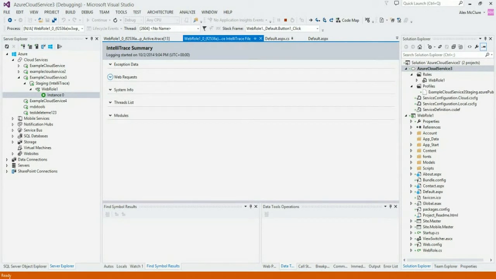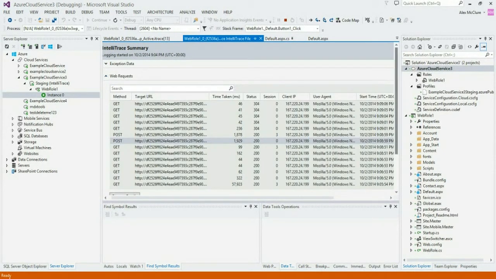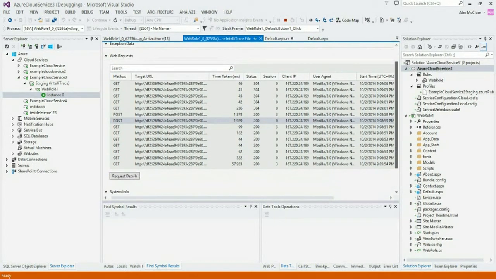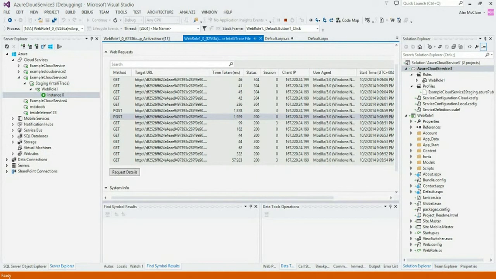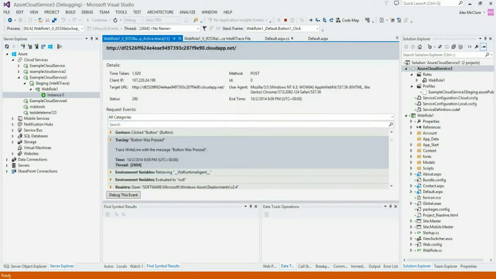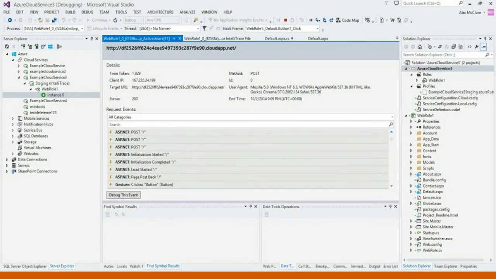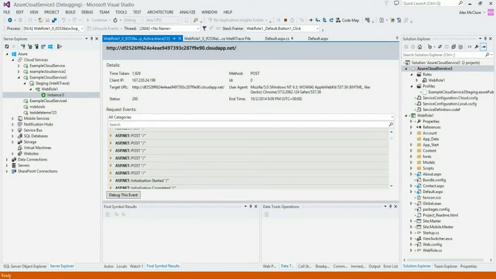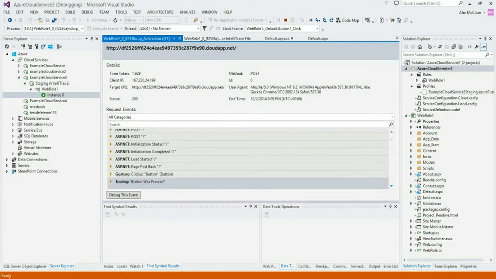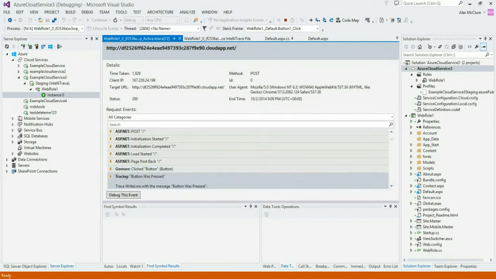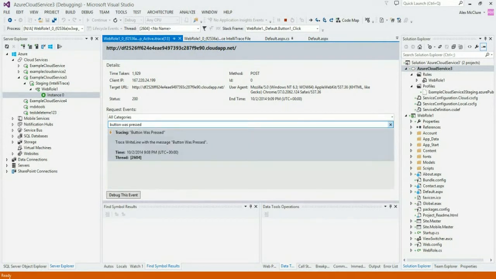The next thing that you do is go to Web Requests and you look for that web request, that user clicking the button. Now, button click is going to be a post, and so it looks like this is the correct event. If I click on Request Details, this is going to open up the entire IntelliTrace log of everything that happened in this application's execution. So if you scroll down, and remember, we're looking for something that said tracing button was pressed. So we can search for that event,